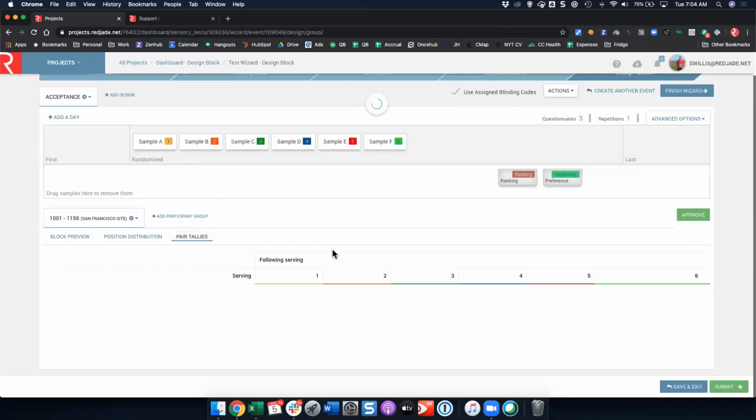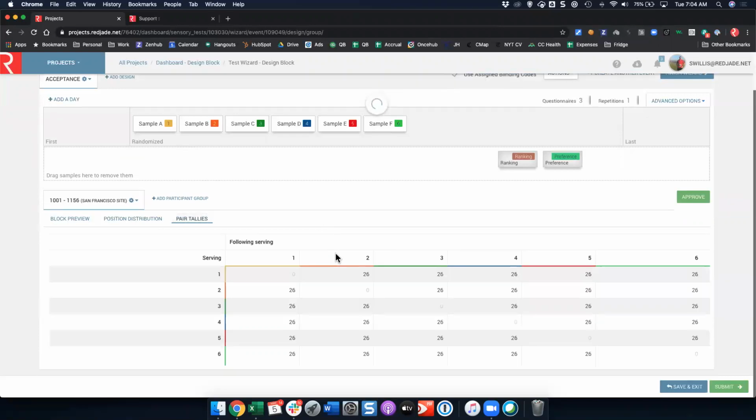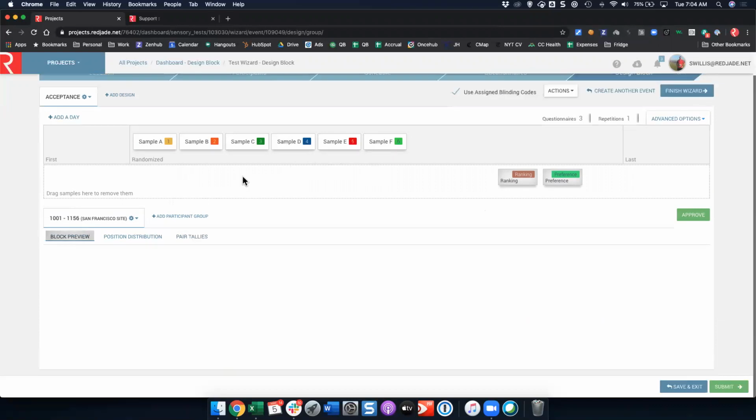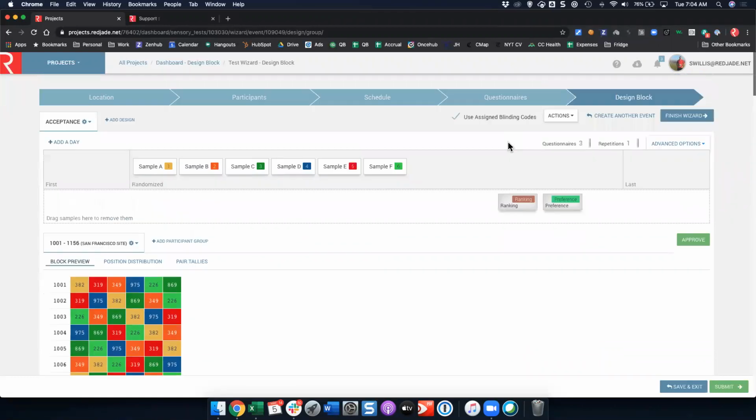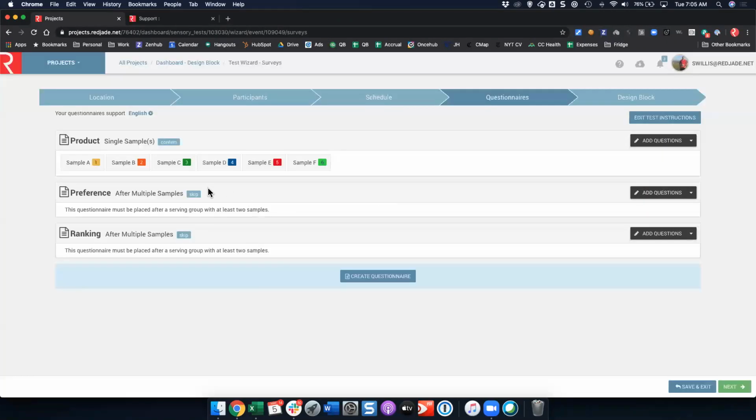You also notice that pair tallies tells you how many times each product follows each other product, and you'll see 26 times as well, okay? So you'll notice that here too. Now you have some other options that are available to you in design block. So let's say we are building out this ranking and preference. Right now, I made these, if I look at my questionnaire real quick, I made these as after a set